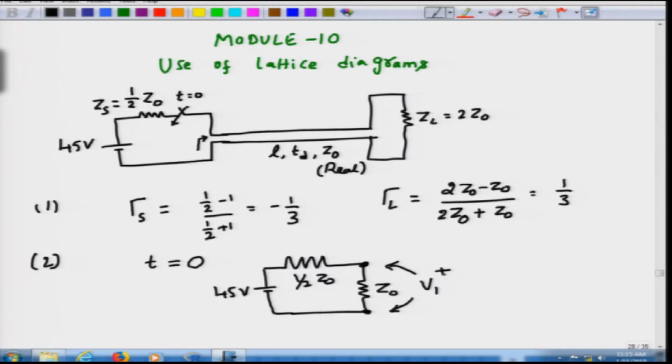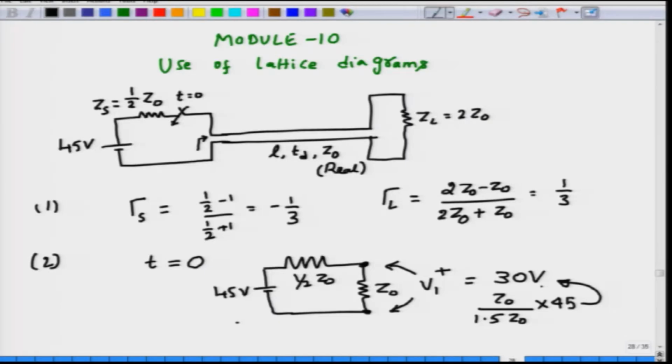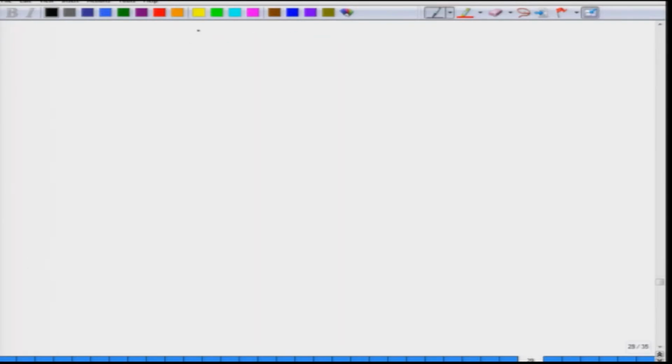And you can plug in the values of 45 volt and then apply the simple voltage divider formula here, and you can show that this voltage is going to be about 30 volts. You can do this calculation, which is simply given by Z naught divided by 1.5 Z naught multiplied by 45 volt, which gives 30 volts. So, this would be the voltage that would be actually launched right at t equal to 0. So, you calculate the initial launched voltage as V1 plus,